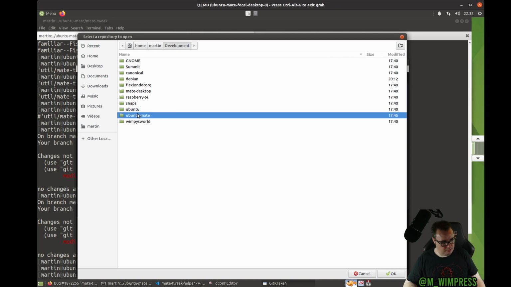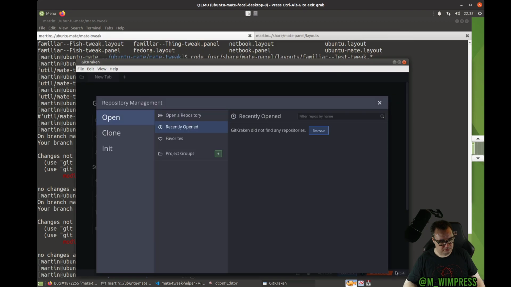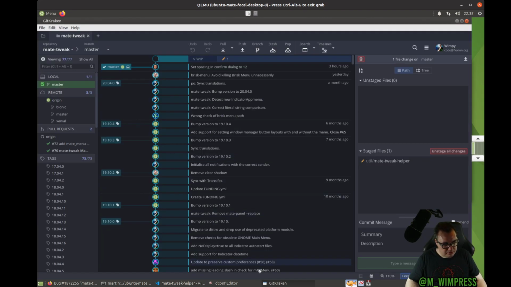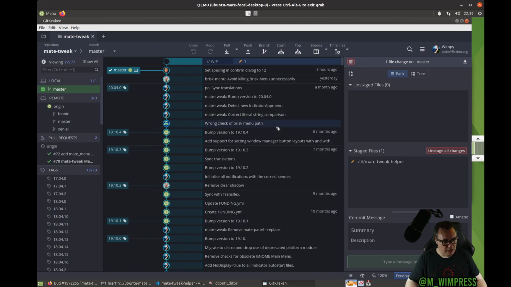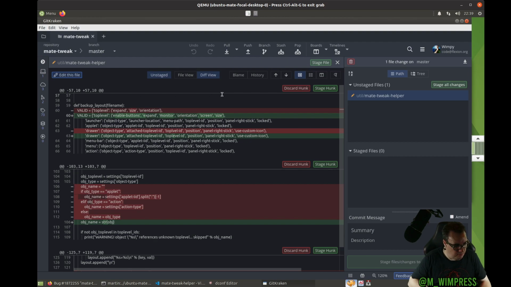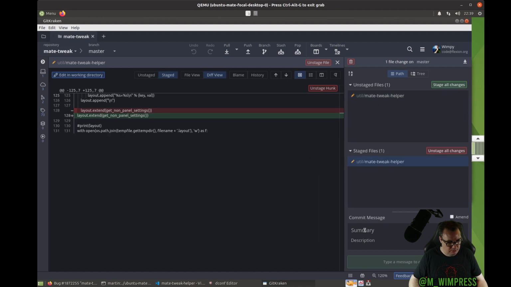Ubuntu Mate something. Mate tweak. Okay. Don't know if that's particularly readable. Let's make it a bit bigger. So let's unstage that file, because there were several fixes in here, weren't there? The first was this. Just that piece there, which was